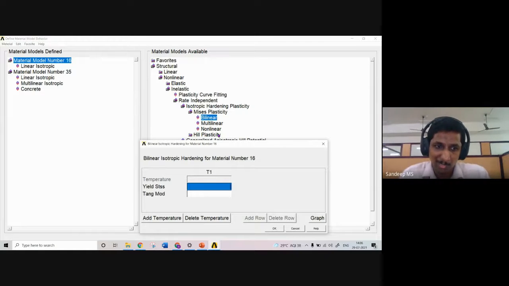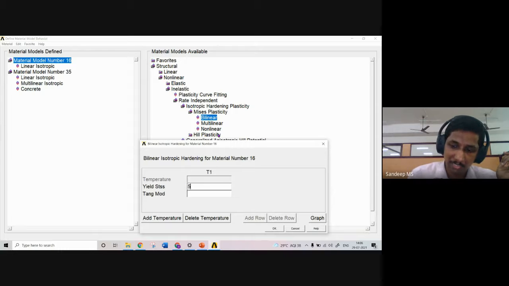Here, since my main objective is to just demonstrate how we can conduct this analysis, I am taking it as bilinear property. In an earlier study when I conducted this finite element analysis, I actually tested the reinforcement in the lab, obtained the multilinear property, and used it for my prediction. Anyway, today I am just restricting to bilinear property. So I am giving the yield stress as 500 and the tangent modulus as 0, and I am adding that.